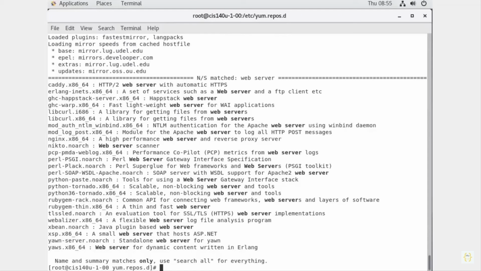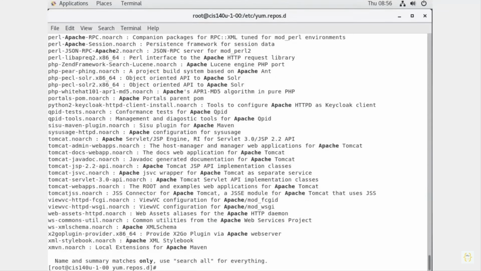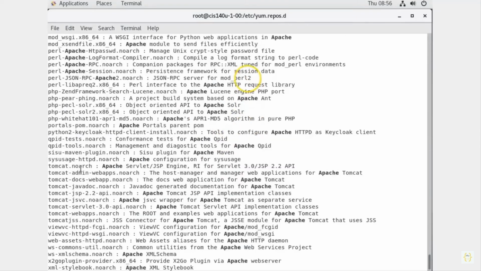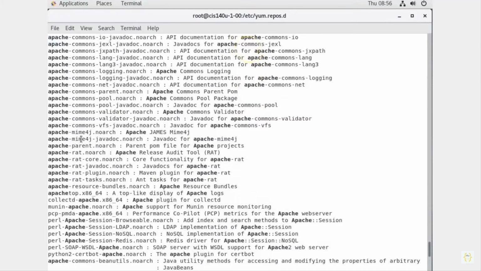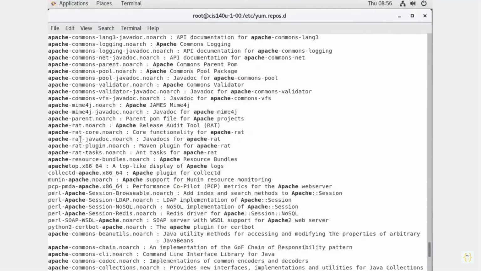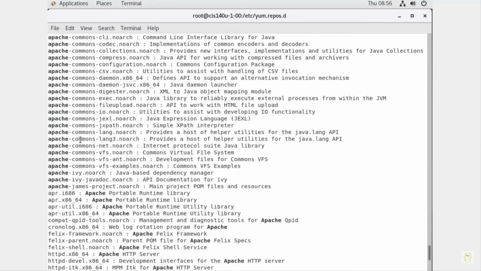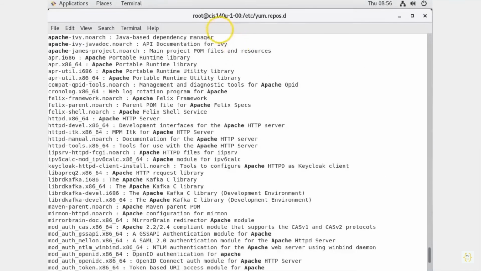Now typically people use Apache, and Apache is not listed in this list of packages. So how would you look for it? Well, you wouldn't search for web server because that didn't work. You might have searched for Apache. And then you come up with this list that includes other things. You got like Apache Commons and all kinds of things. And you start saying, well, which one is it? Which one has Apache? Well, it turns out it's the HTTPD